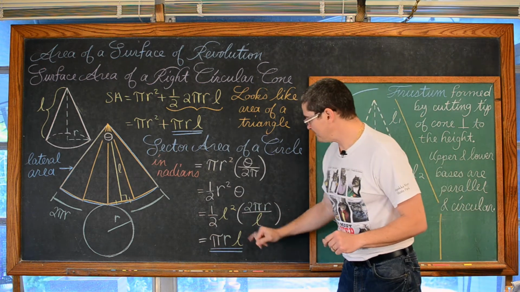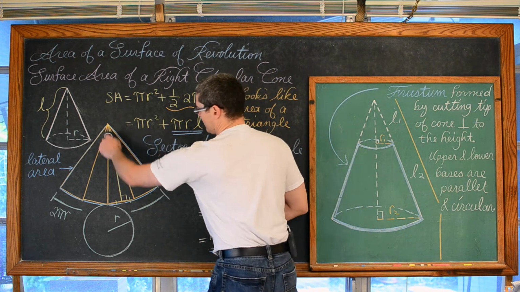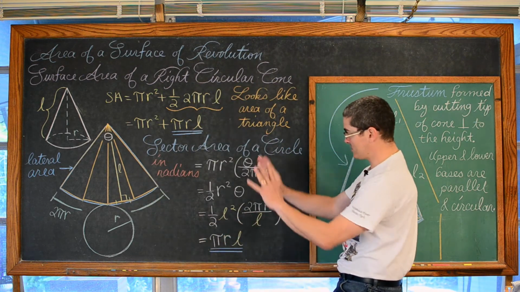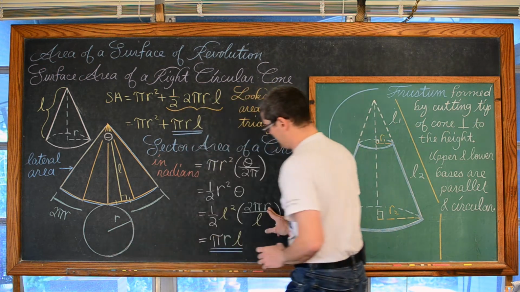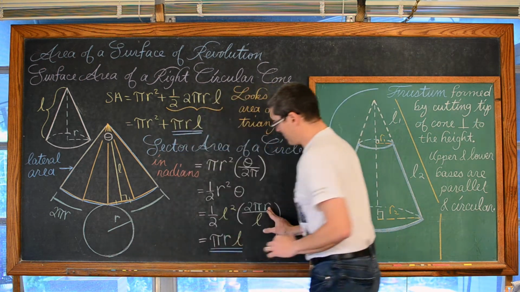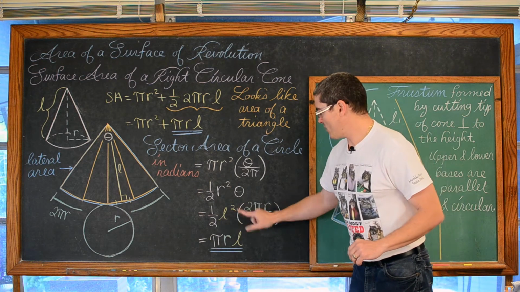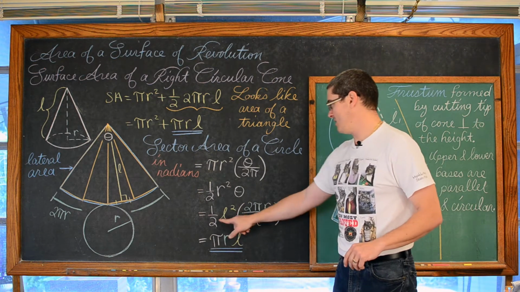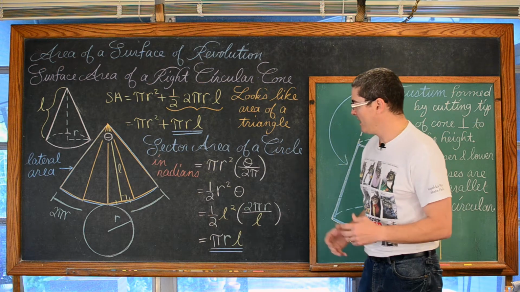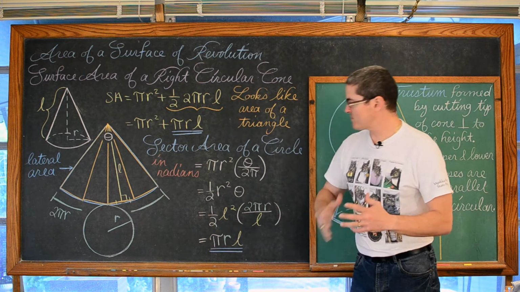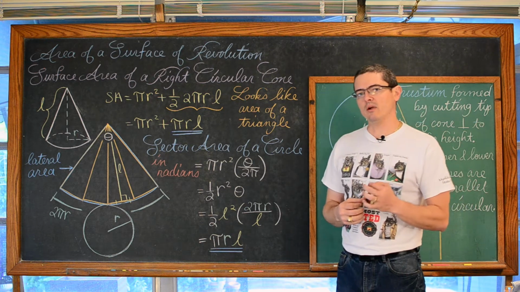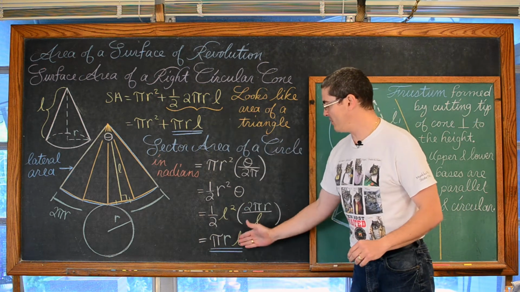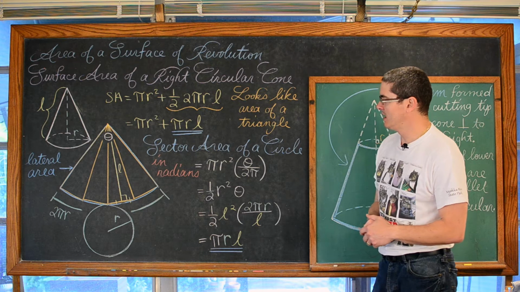So that is describing theta in terms of radians. And when you do that, again, the radius of this larger circle, which is that sector area, and this green r, hopefully it's showing up in the camera, as the radius of our base, well, then you have L squared divided by L, and the 1/2 times 2 divide out as well, and we have yet another sort of derivation, if you will, or explanation of how the lateral area of a right circular cone is equal to pi r L.